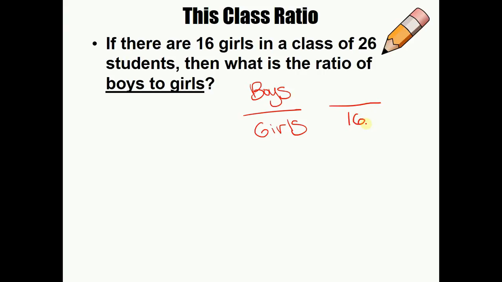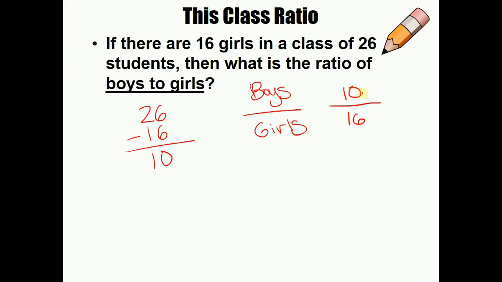Now, how am I going to find how many boys? There's not 26 boys, because there's 26 students, but 16 of them are girls. So I should be able to go 26 minus 16. I should have 10 boys. So if I go 10 over 16,